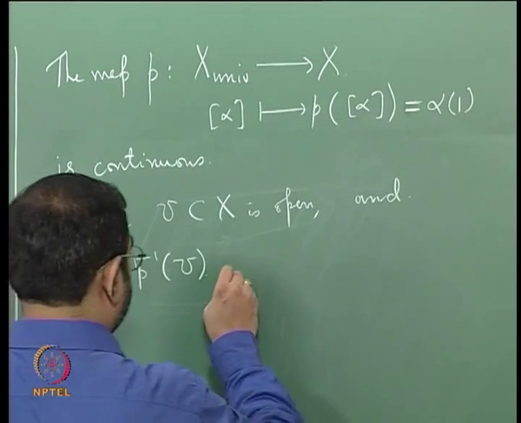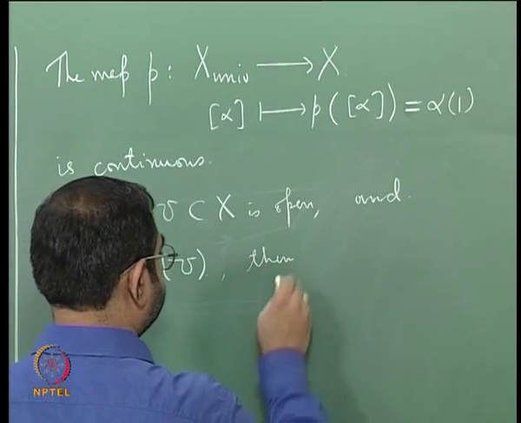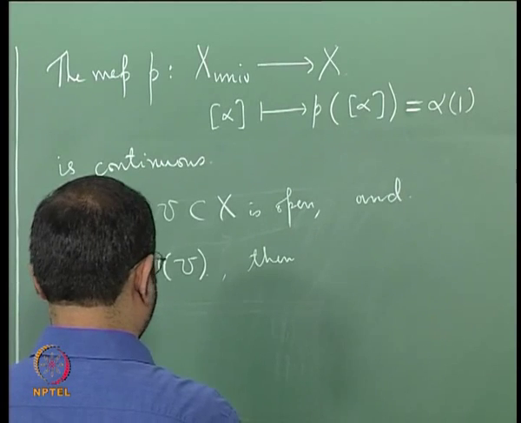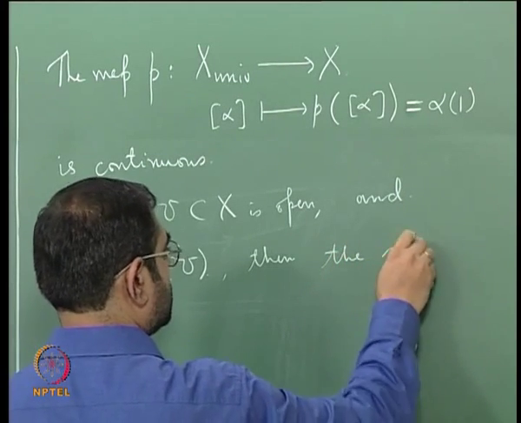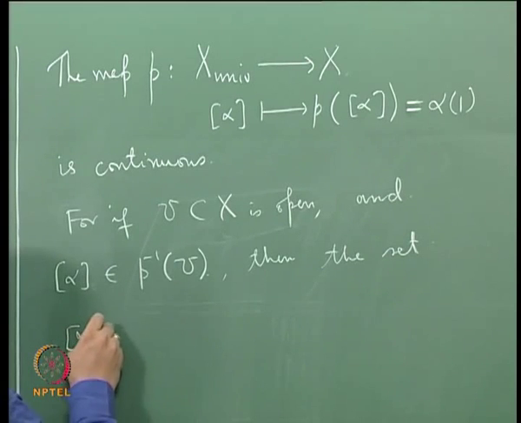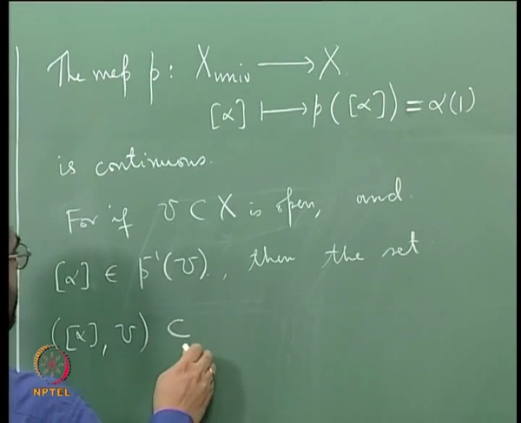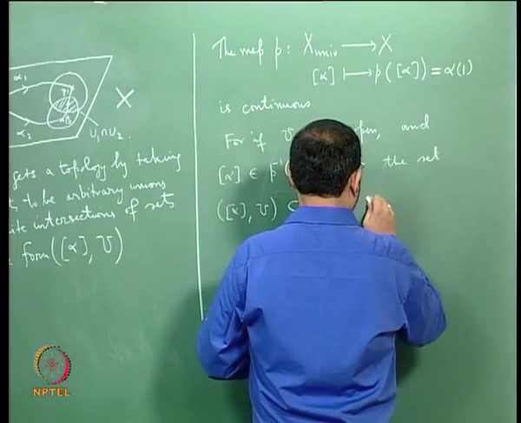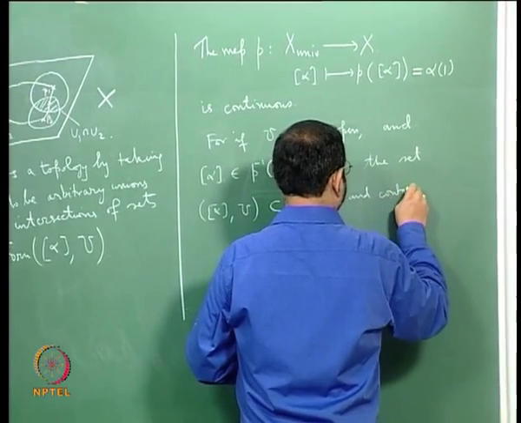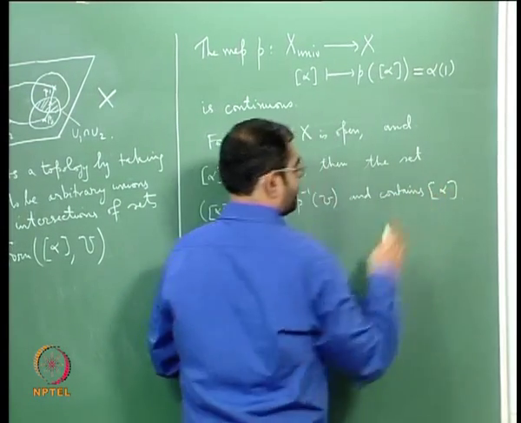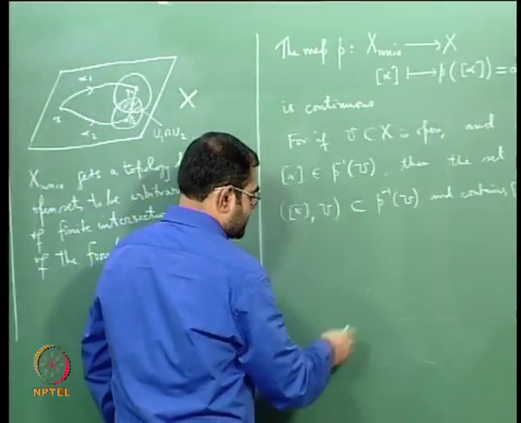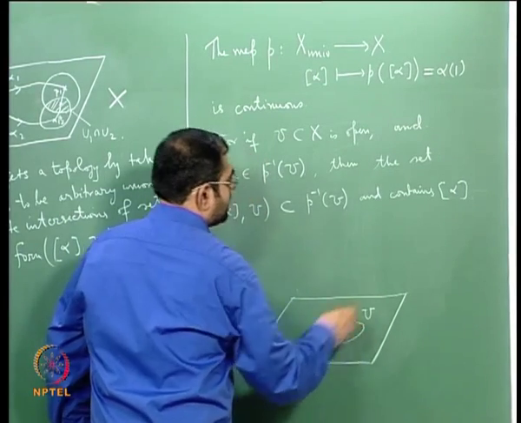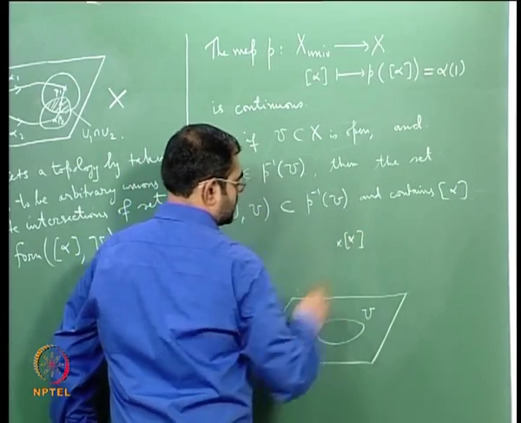Then the set alpha comma u is also going to be in P inverse of u and contains alpha, okay. So basically what is happening is that if you take an open set u here and you take an alpha above, okay,